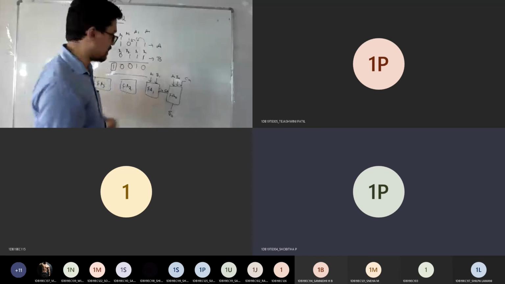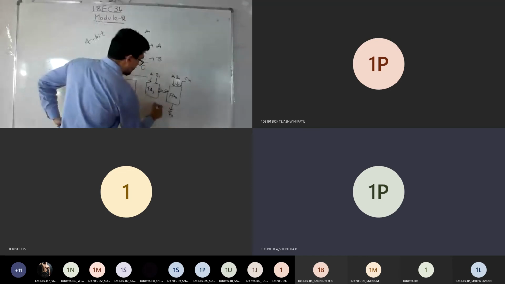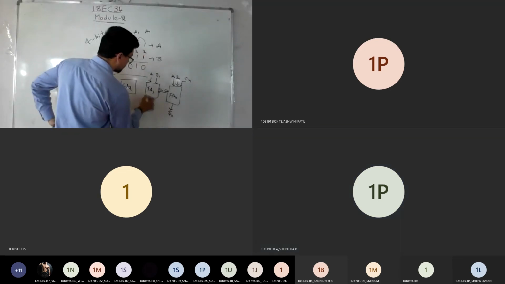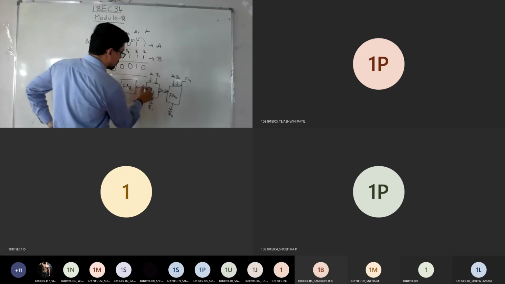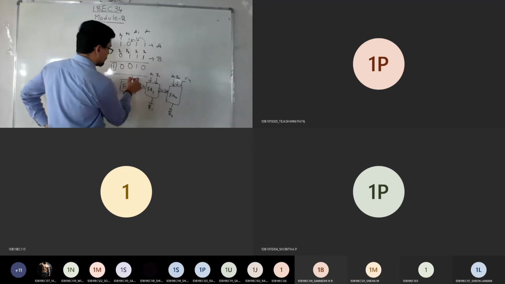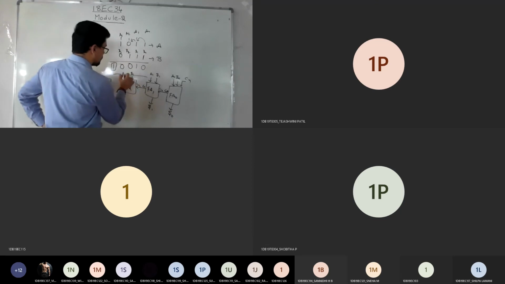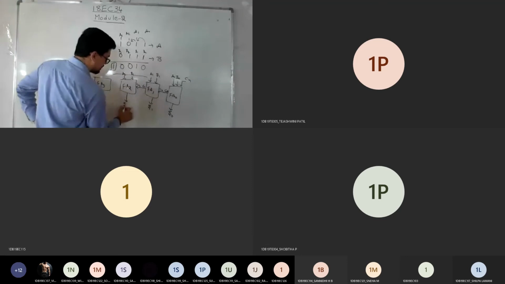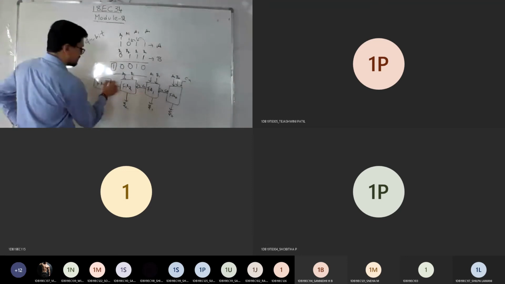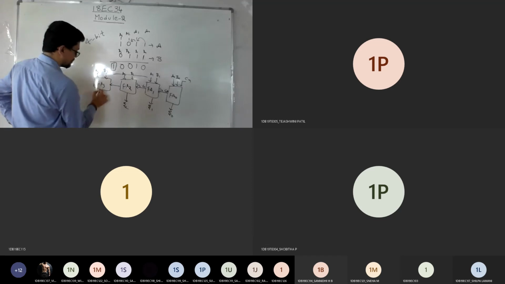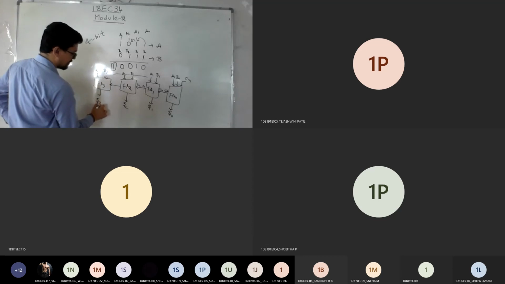Similarly, we can get S1, and in the same way you get C out, which again goes to C in. Here again B2, A2, from this I can get S2. Similarly this will come here with B3, A3, and here you get S3.